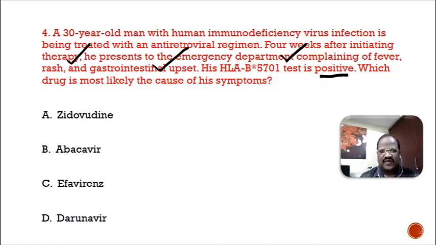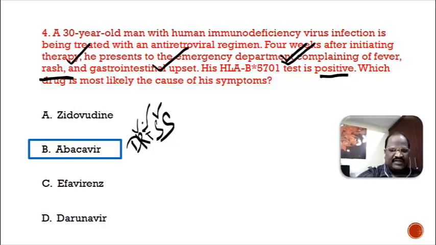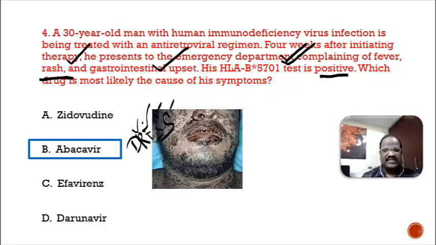So, straightforward question. Remember, if a patient's genetic screening test shows HLA-B*5701 positive, in that patient don't use Abacavir, because abacavir in this genetic patient causes severe allergy in the form of DRESS, that is drug rash with eosinophilia and systemic symptoms. Sometimes it causes a severe hypersensitivity reaction in the form of Stevens-Johnson syndrome.